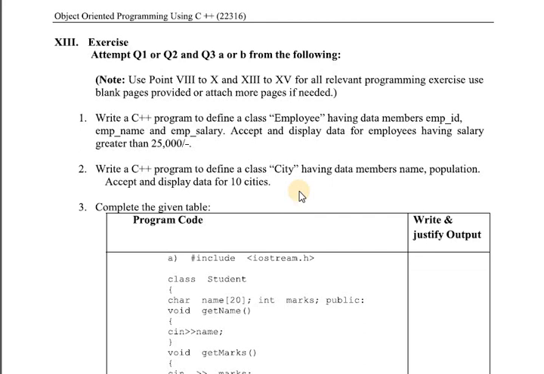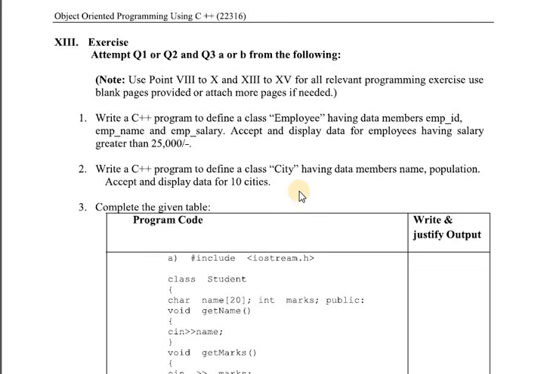After that, we write the increment operator, I plus plus, and in the while condition we can write E of I dot employee salary is greater than 25,000. So this is the solution for the first program.